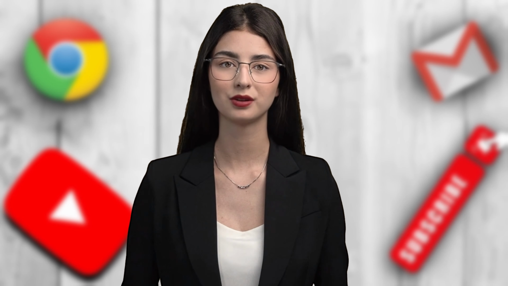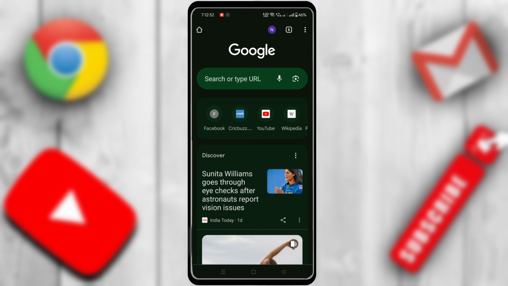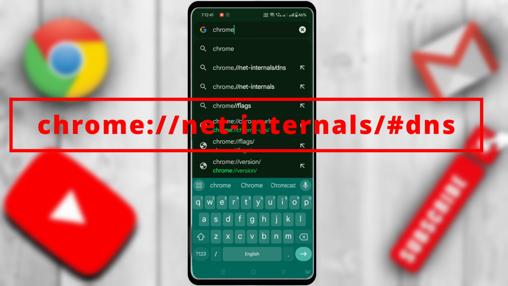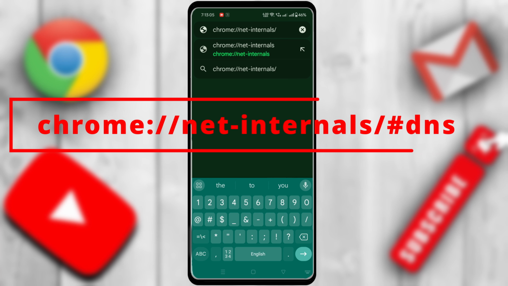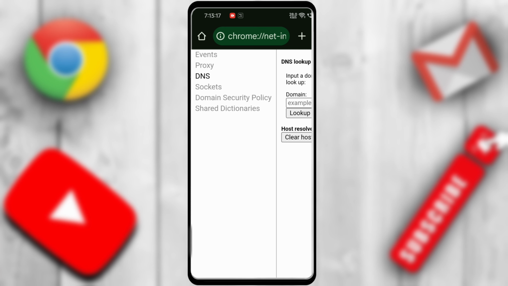Let's move to my mobile screen. The first thing you need to do is open the Google or Chrome app on your mobile and then type in the search bar what I am typing: chrome://net-internals/#dns. Then go ahead and navigate to that, and here, make sure that you are on the DNS option on